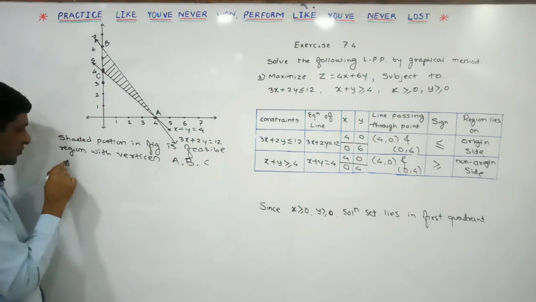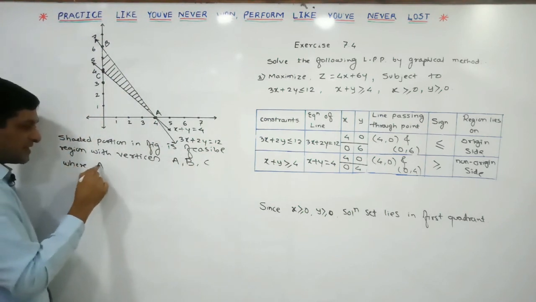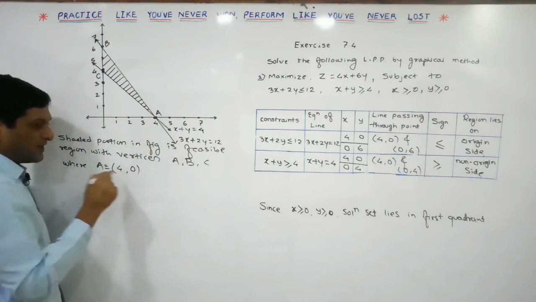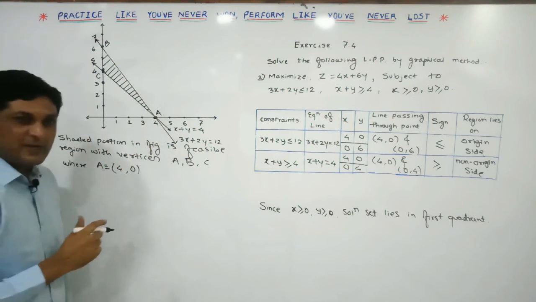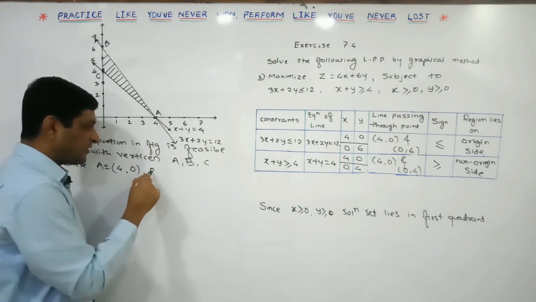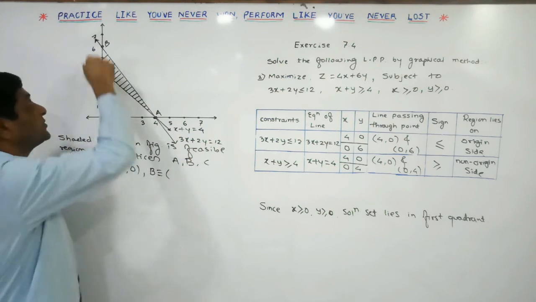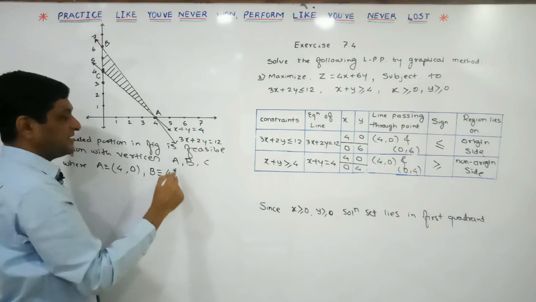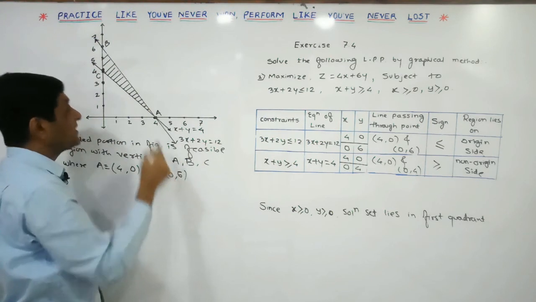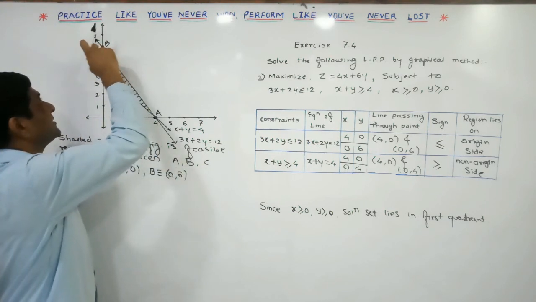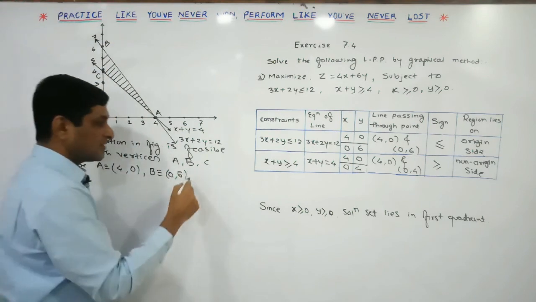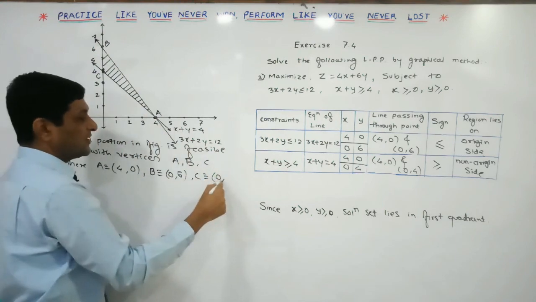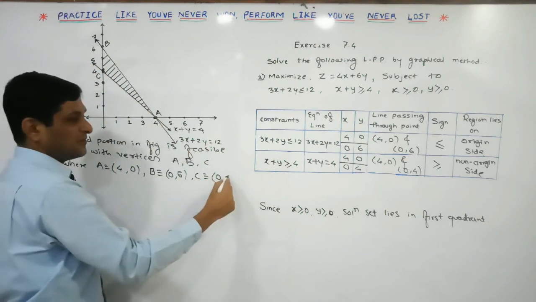Let us try to find out the coordinates of the first vertex A. It is a point on the x-axis, so y coordinate is 0 and x coordinate is equal to 4. Then find out the coordinates of vertex B. B is also a point on which axis? Y-axis, so its x coordinate is 0 and y coordinate is 6. It passes through 6. And the coordinates of vertex C are: C is also a point on the y-axis, so x coordinate is 0 and here we can observe that y coordinate will be equal to 4.